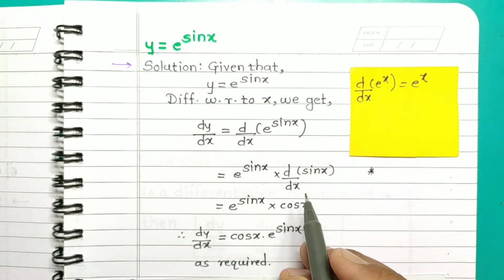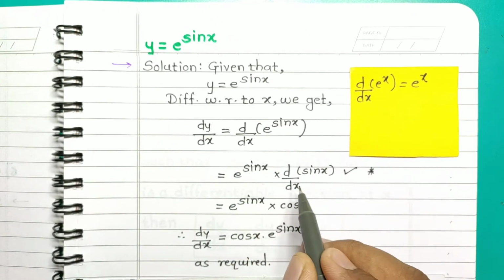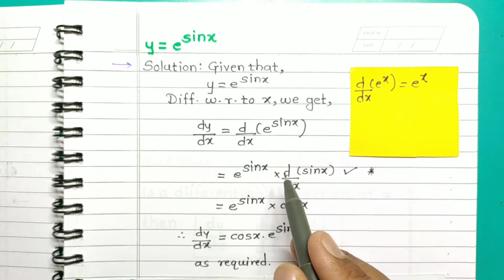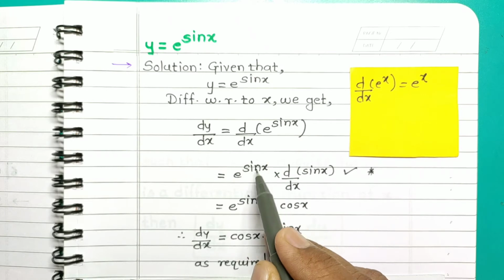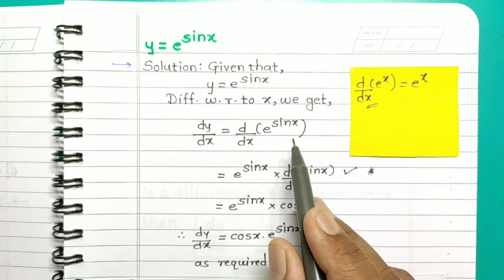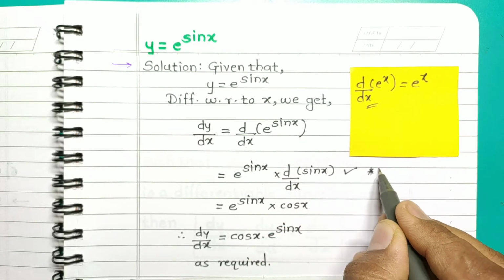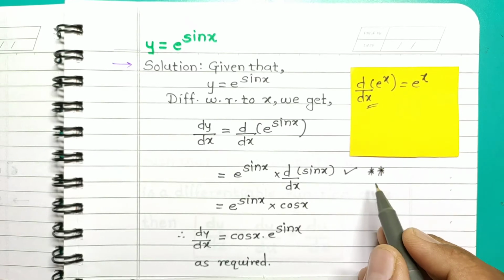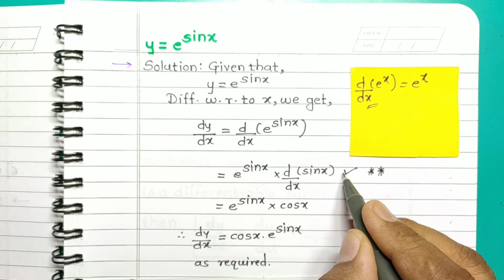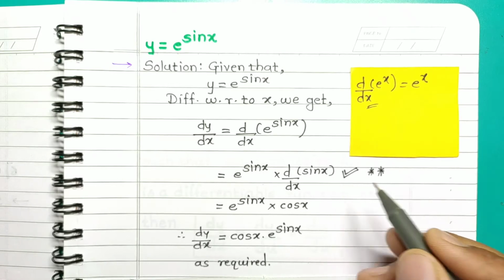Now let's recall this solution again, particularly this step. Have you thought about why one should take this step? We are treating this composite function as a standard function, and then we multiply by the derivative of that something which replaced x. So what is the logic behind this? Is there any rule? Yes, there is a rule behind this step. I just told you the mechanism. Now let's go to the rule.